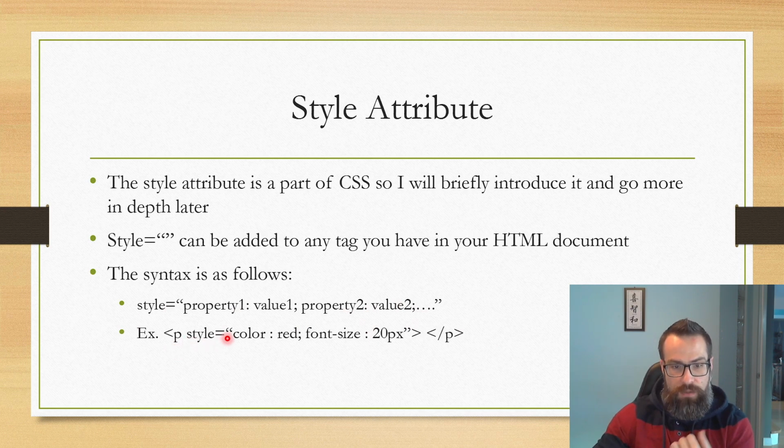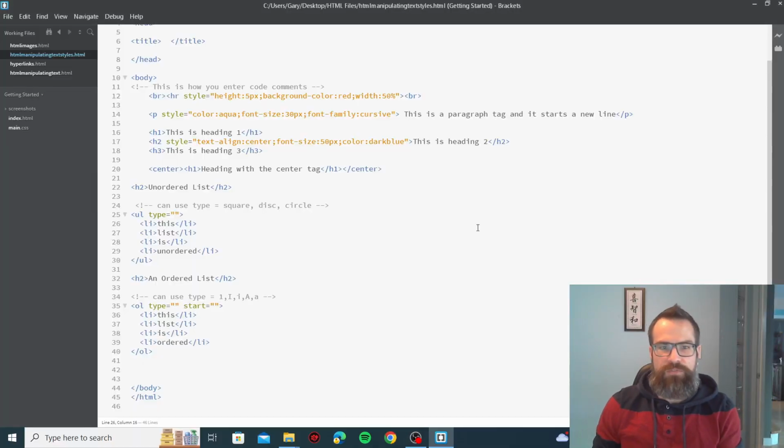Paragraph style, we would want the color to be red, and we would want the font size to be changed to 20 pixels. All right, and then anything I put inside that paragraph would have that applied to it. Okay, so I've got that very same example preloaded. This time I've already adjusted several of the tags in that earlier example and added in the style